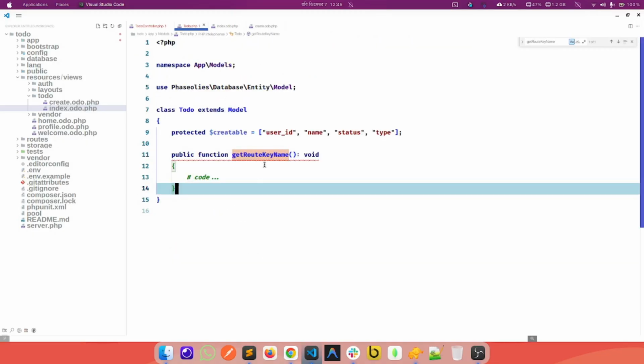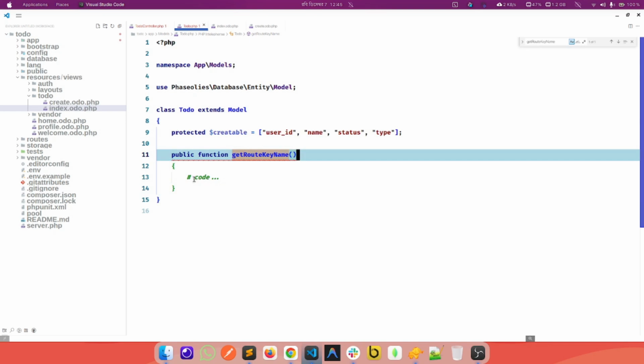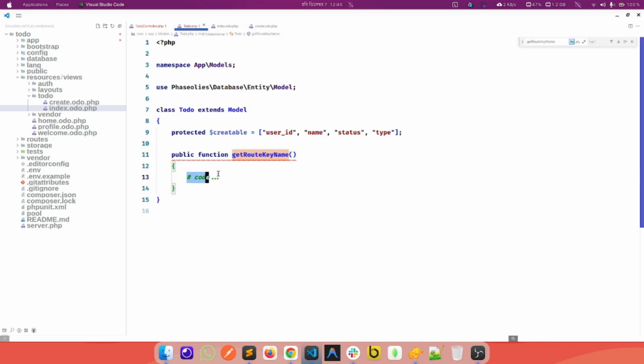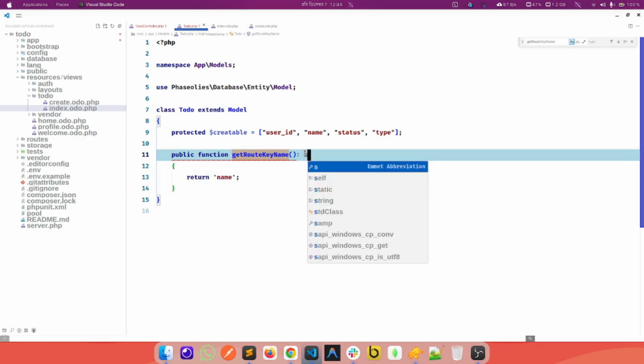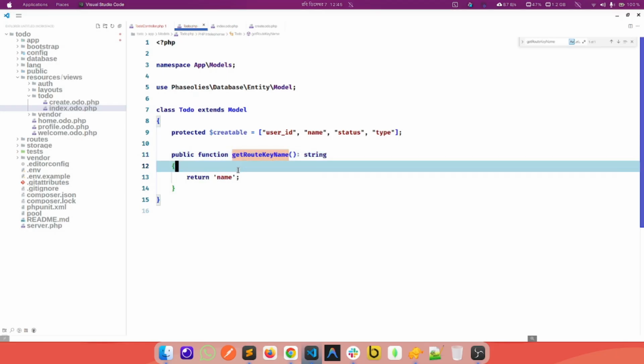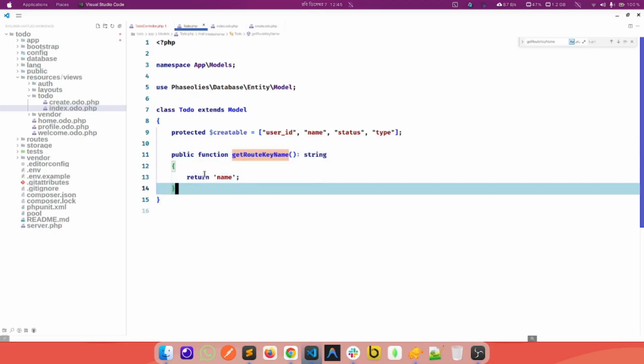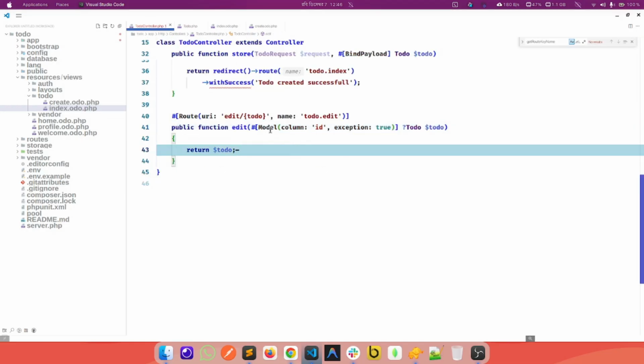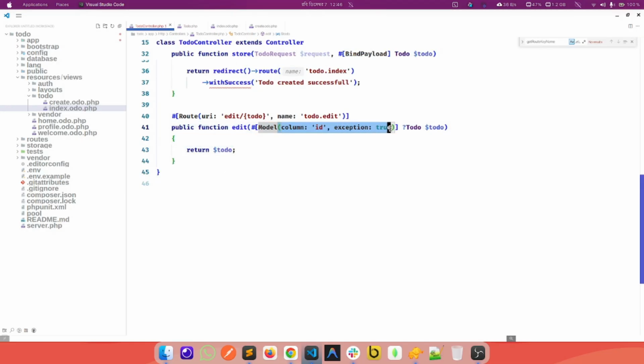So if we return name, we have to return a string. Now look at that, we are returning the name, so this name will be applied here. So if we return